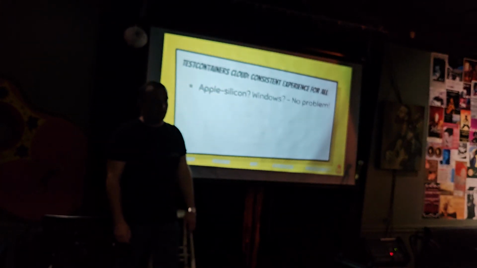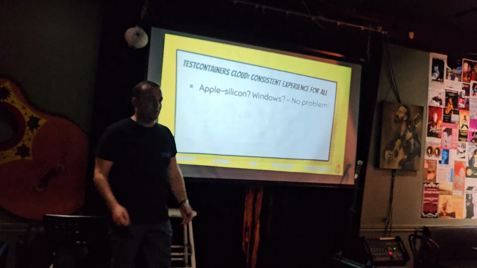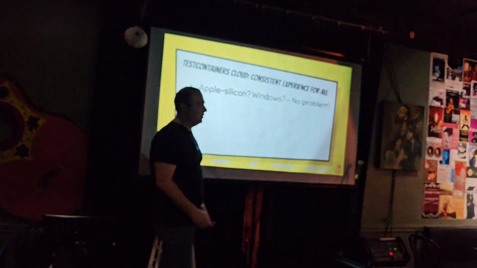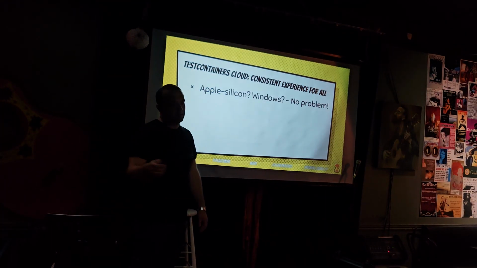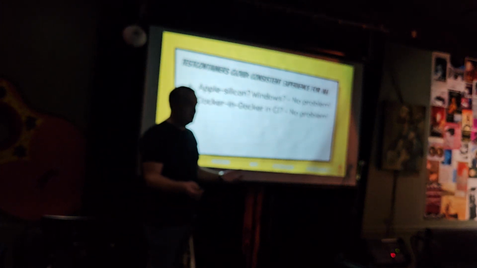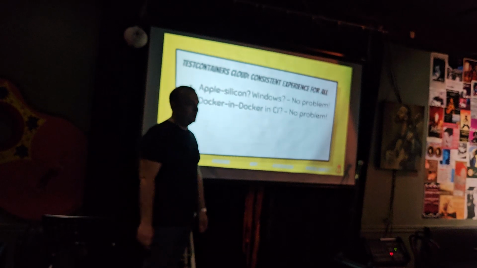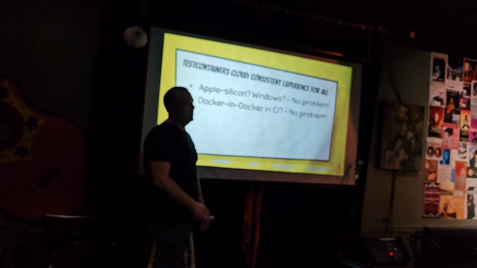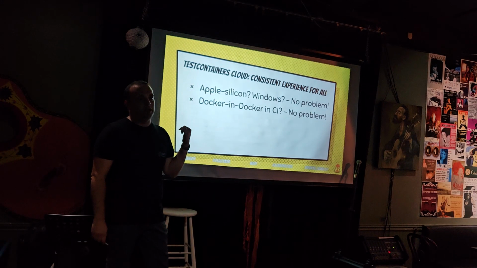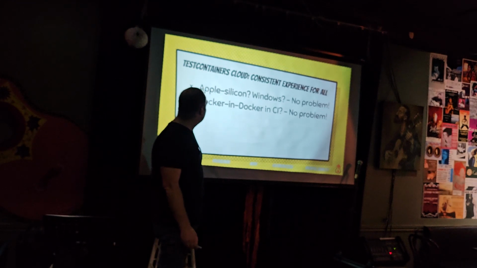That gives you consistency, whether you're running on Windows or Apple Silicon, as Baruch has suggested. M3 is coming out, so many of you will be running M3. If you want a consistent experience between various team members on your team, that gives you that. Docker-in-Docker issues with Testcontainers? Anyone run into them? There we go, a few of you. If you run into Docker-in-Docker situations in your CI, you can hook up Testcontainers Cloud and spin up those containers in the cloud. So no more Docker-in-Docker situations.